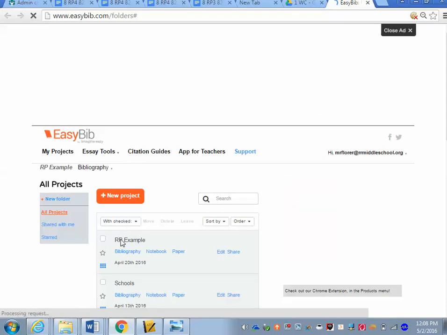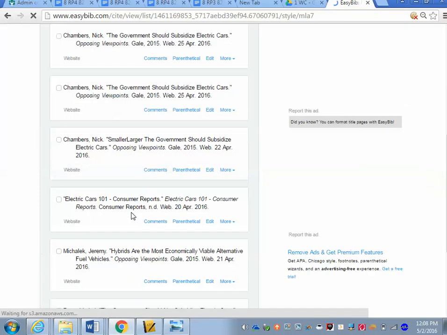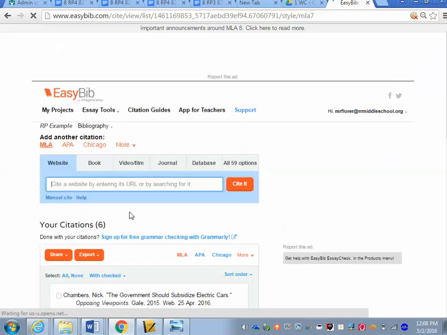your project, the bibliography for your project, you should have a list of sources that looks something like this is going to look in a moment. And you'll see here I have all of these sources. Now it is possible that if you did not include all of your sources